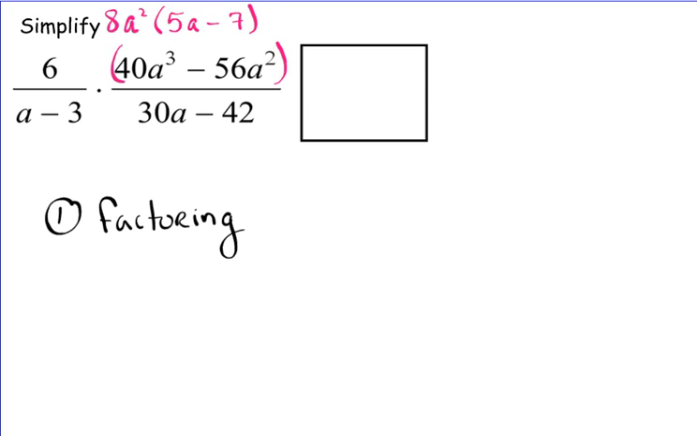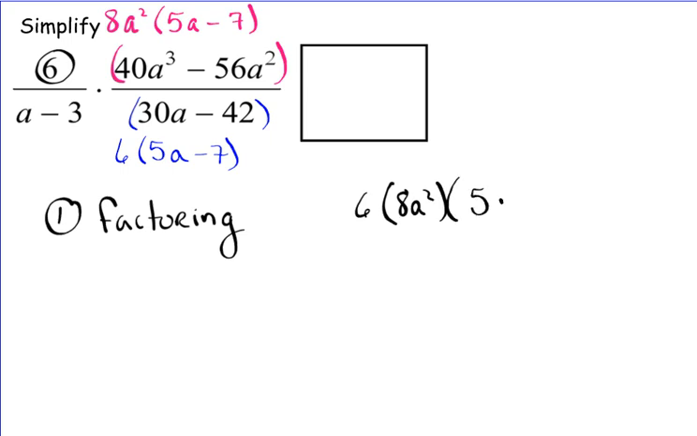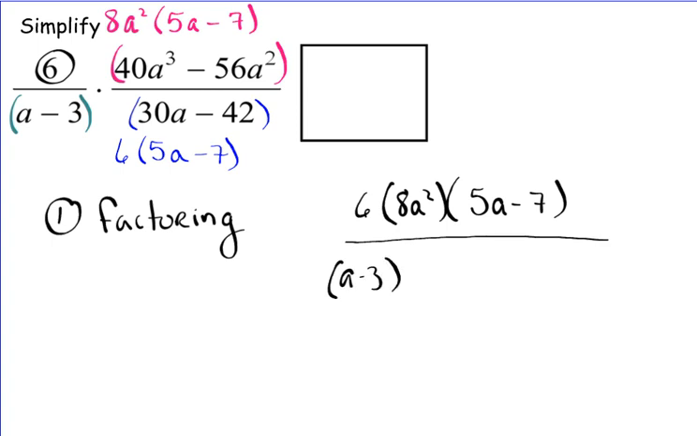And in my denominator, this piece right here factors. That would be factoring by 6. And I would have left over 5a minus 7. So now when I rewrite this so that all I have is factors, I have 6, that's the one sitting right here, times 8a squared times 5a minus 7. Now remember to put the parentheses. So I have a minus 3, 6,